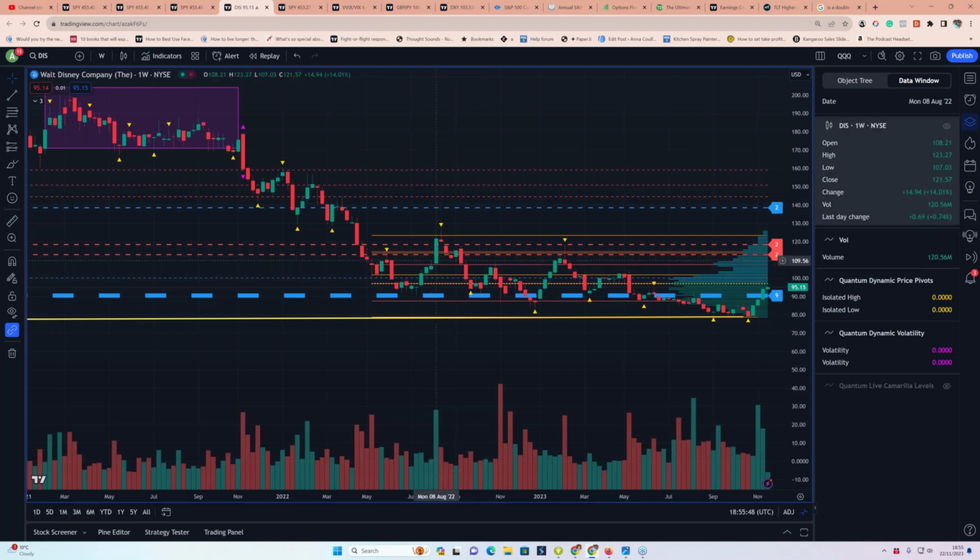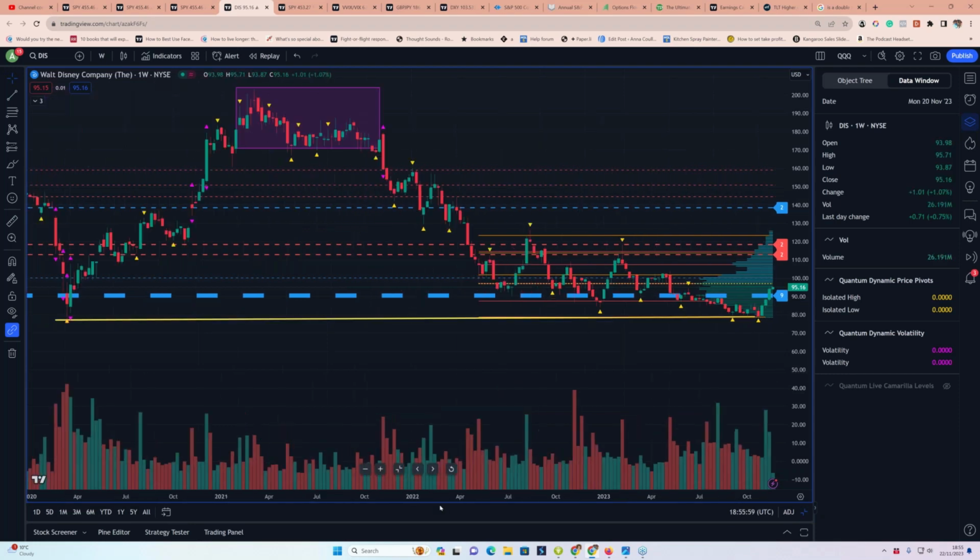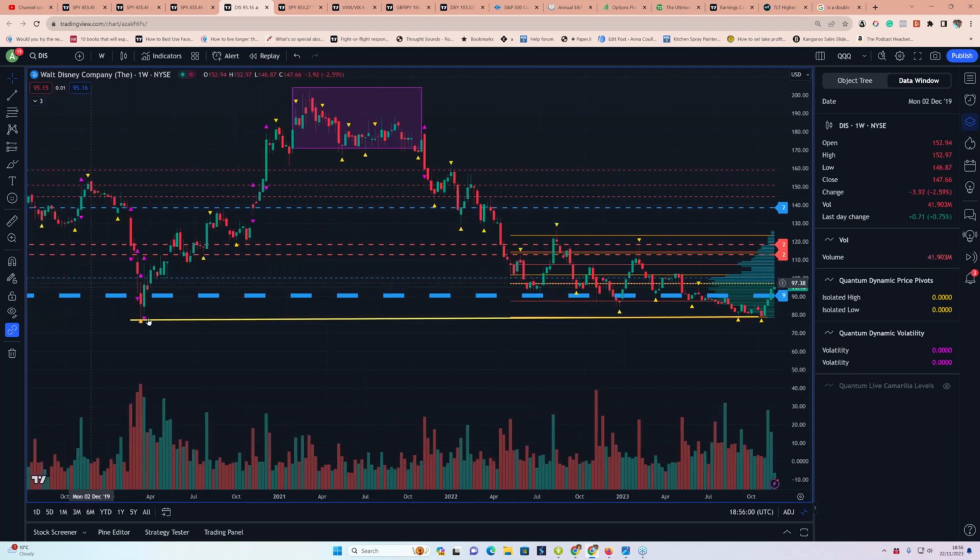Where are we here? August 2022, and kind of sliding lower down to this 78, 80 level that corresponds with the rally back in 2020. Now, what's interesting is, while it was moving sideways, a couple of things. I highlighted this in our Forex